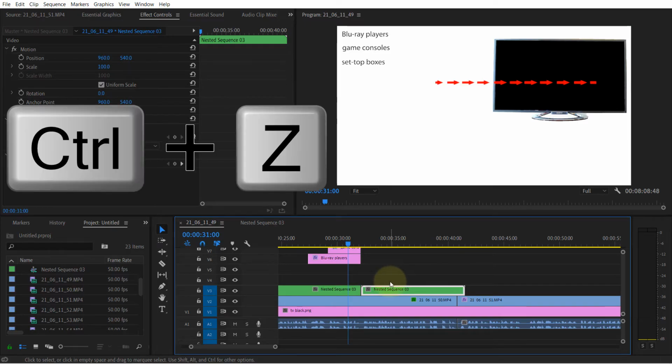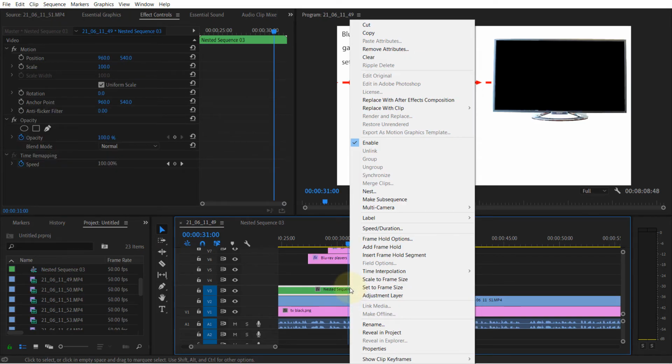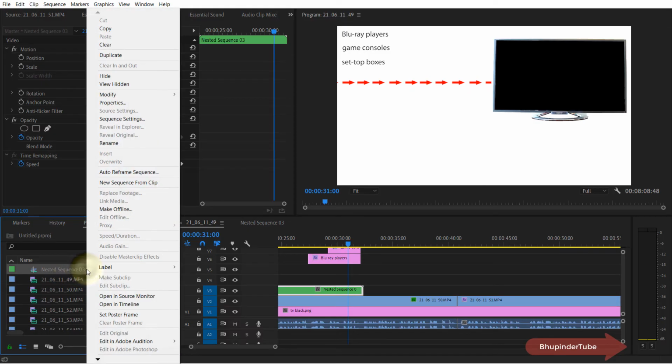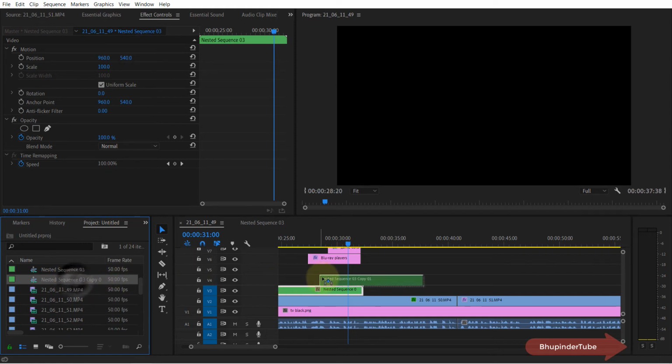So press Ctrl Z to undo, right click on the sequence that you want to duplicate, and then simply click on Reveal in Project. Then it opens in the project panel, then simply right click on it there and then click on Duplicate. As you can see, it has changed its name, and now if I drag and drop it